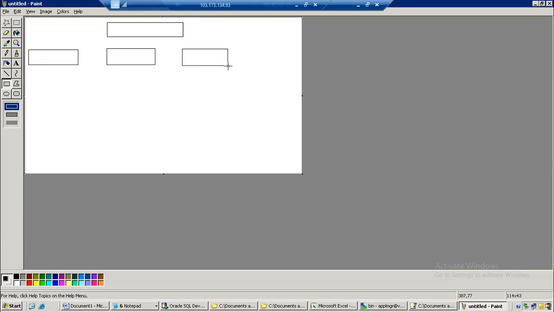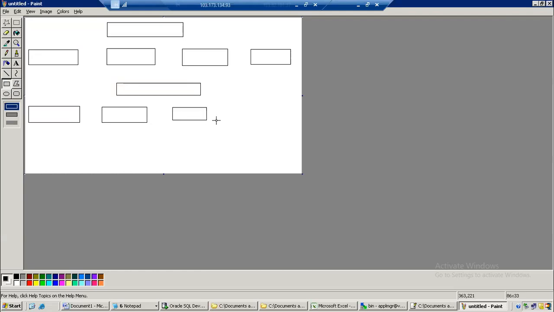Just we will consider four or five. Next, under this we will have a version. Under the version we will have forms, reports, SQL, out,